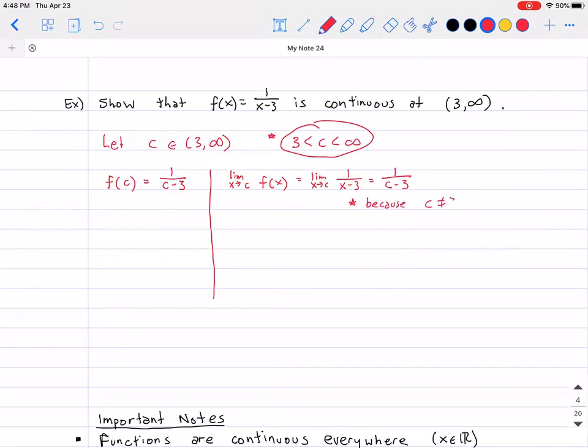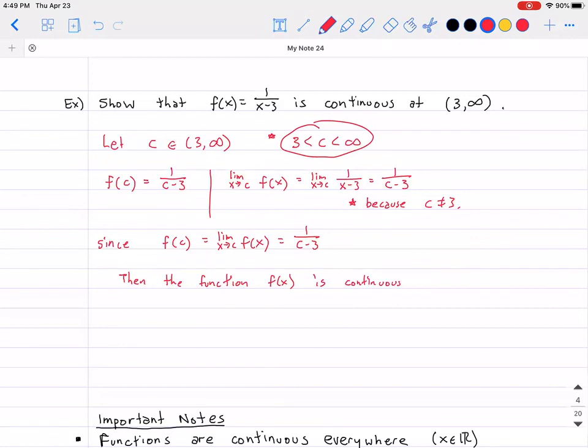And here I'll write a side note also just in case, because c does not equal 3. Okay. So looking at what we have right there, we're pretty much all set. We can say that since f of c is equal to the limit as x approaches c of f of x, which both are equal to 1 over c minus 3, then the function